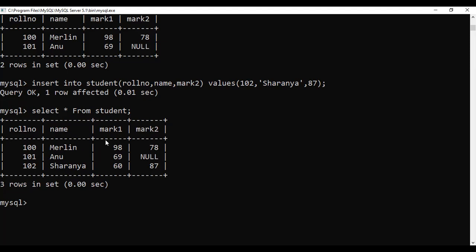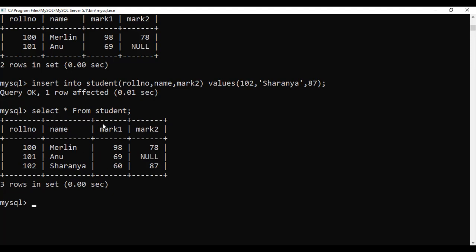These 2 are considered as alternate keys. So in your question paper, that way also it is given: identify the primary key, identify the candidate key, identify the alternate key. When foreign key comes, they will be giving 2 tables and ask to identify. That we will discuss while discussing the join command.